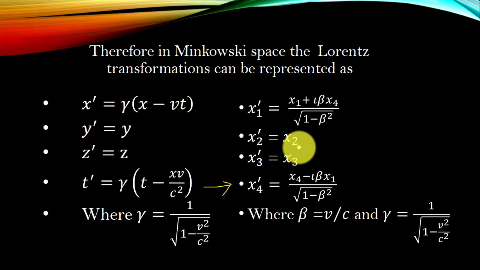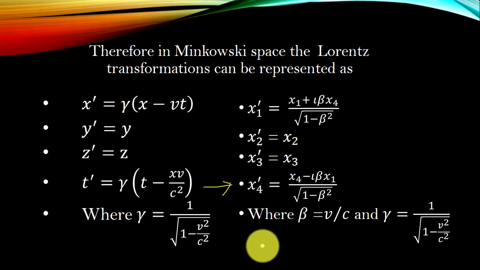So how these transformations are done, I think that this much mathematics you can do, but I will tell you about a single transformation. Remaining you can try on your own. So here remember one thing, we are considering beta as v by c, and gamma is equal to, as we have already taken in the Lorentz transformation, 1 over under root of 1 minus v square over c square. So how this transformation has been done, I am telling you about this.